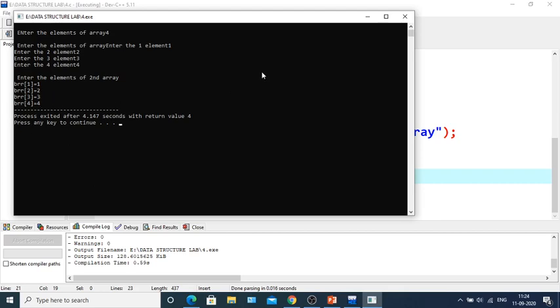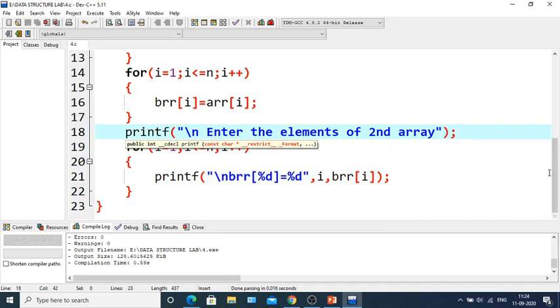So this is the C program to copy the content of one array into another. Here our array has been copied and it is assigned to BRR. So this was the problem. Hope you have understood it.